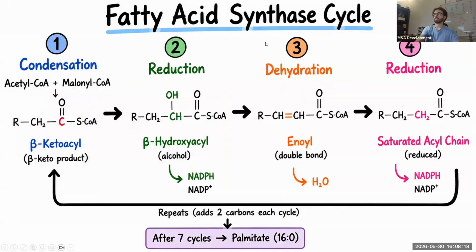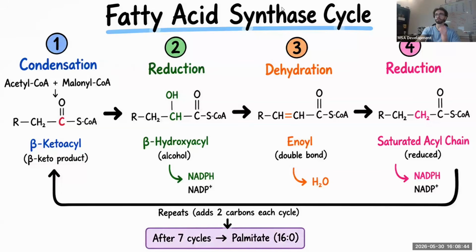What does fatty acid synthase do? It does four different things, all right? And I want you to memorize them. Condensation, reduction, dehydration, and once again, reduction. By the way, in fatty acid oxidation, which is the opposite of synthesis, we're going to have these same four, but relax. So reduction becomes oxidation, and so on. But let's leave this to its time.